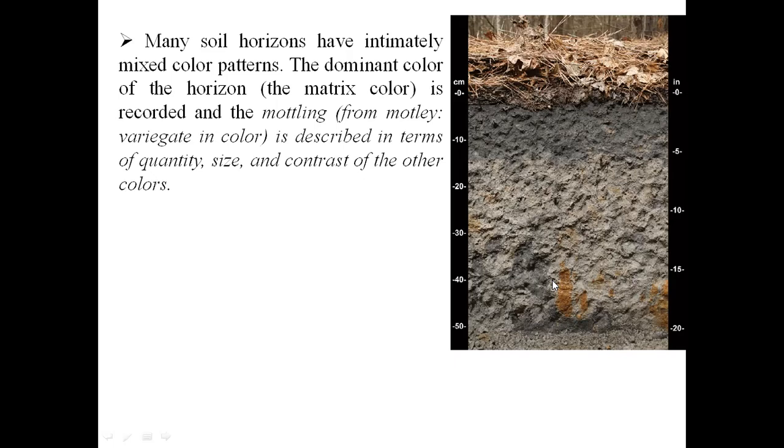And also, students, many soil origins have mixed color. Mostly the color will be mixed. Looking at this all of a sudden, you will say it is brown, right? But it includes some red also. It has some red, and here you can see some cementing color. But sometimes it will include some black also. So there is some mixing of color. This dominant mixing color is recorded as mottling.